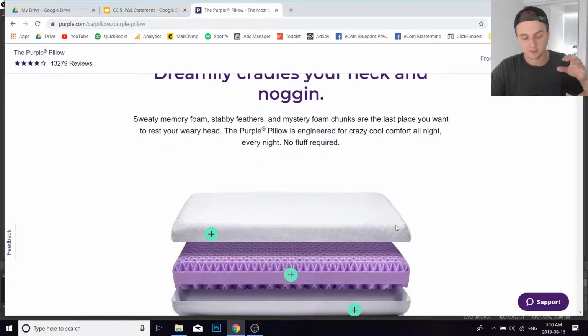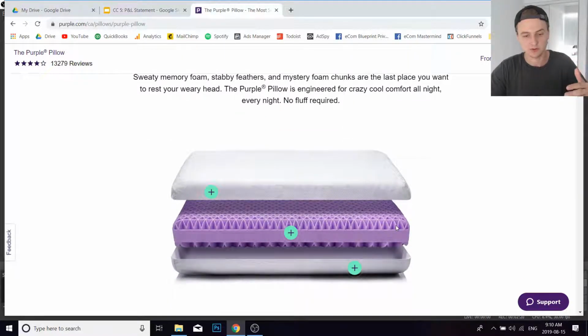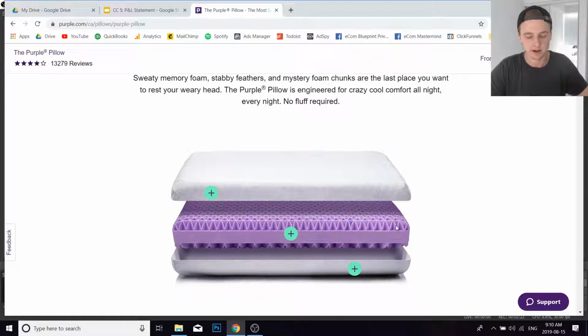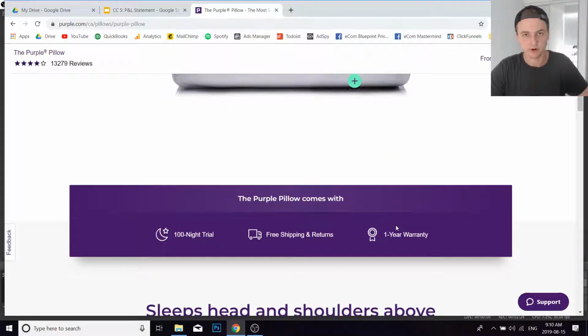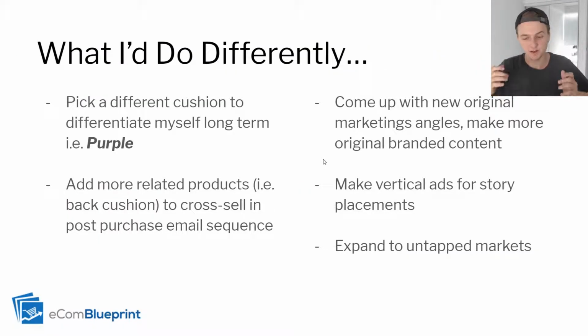And so this is what I would try to do if I were to start over from scratch. I would try to do something more similar to this and actually build a real long-term brand and differentiate myself from all the competitors by having more unique products and also having cross-sells and upsells for the products. Another thing that I would do differently is I would try to come up with new original marketing angles and make new original branded content. And so instead of just using the same angles that everyone's been using for this product,